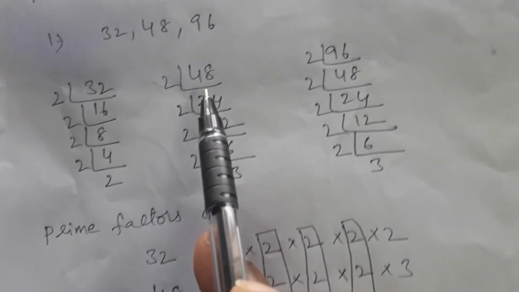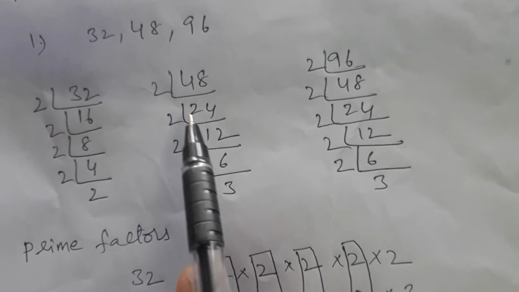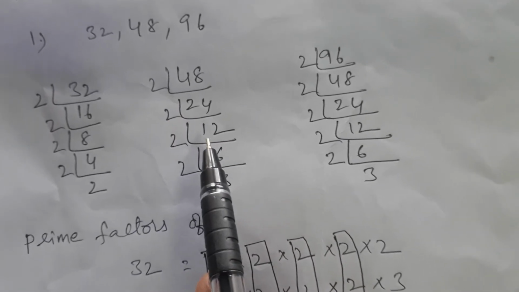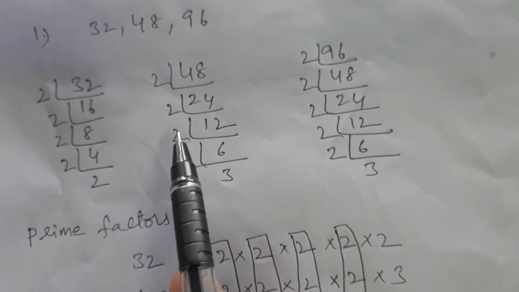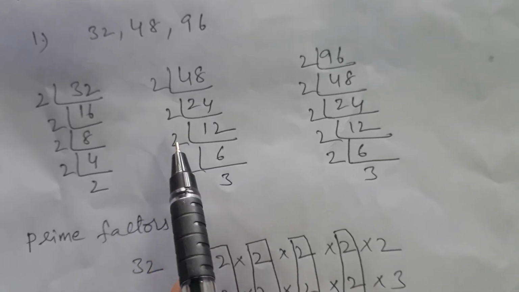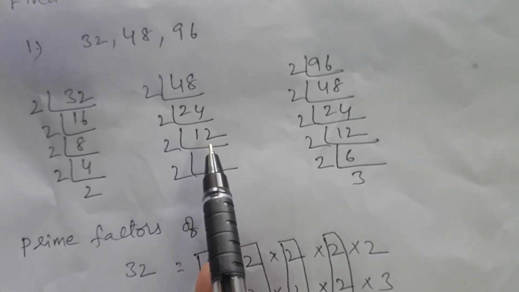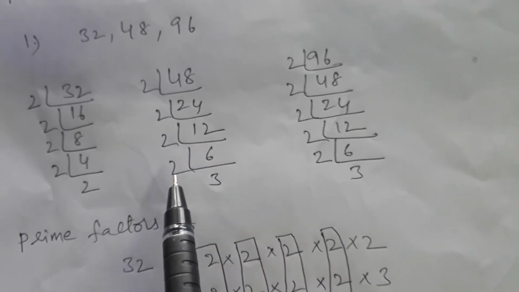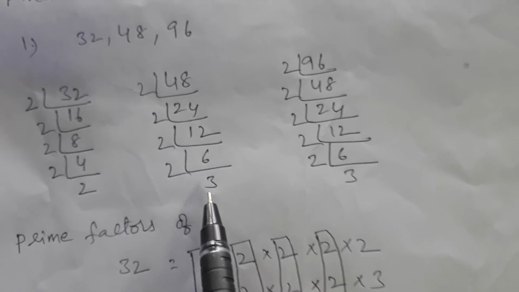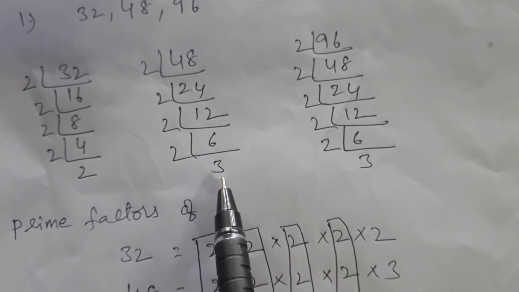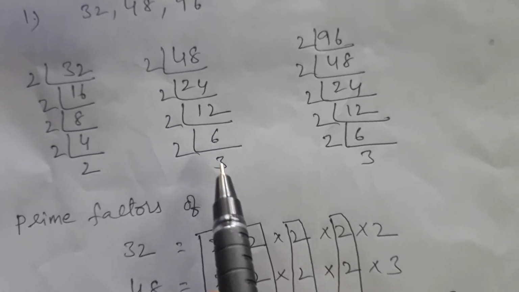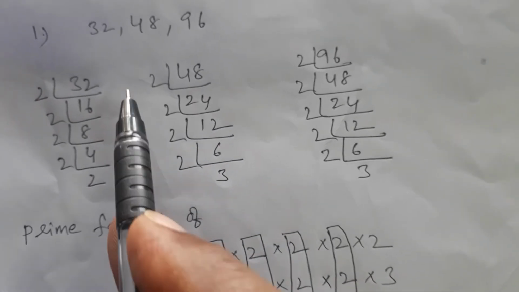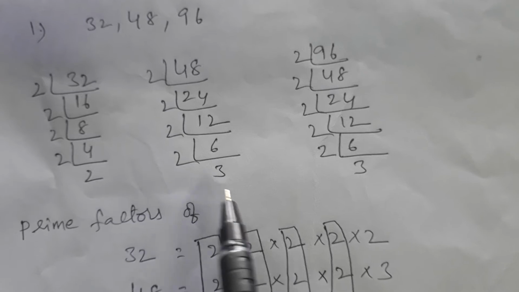Now here see, 48 also divide with 2 table. 2 24s. Again this 24, 2 table. 2 12s. Why 2? 2 is a prime number, you know. So that is why I am taking prime numbers only as factors. Now 2 12s are 24. 2 6s are 12. Now 2 3s are 6. Here 3 is also a prime number, and there is no other factor for 3. So leave it. So these are the prime numbers, only prime numbers: 2, 2, 2, 2, 3.